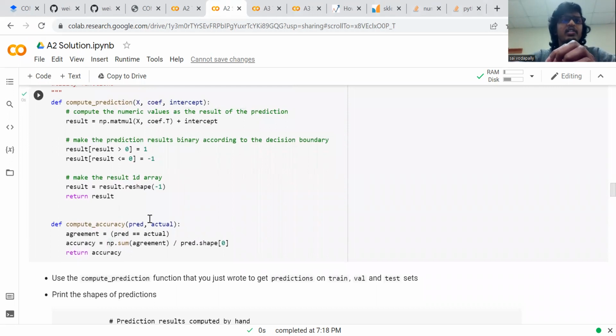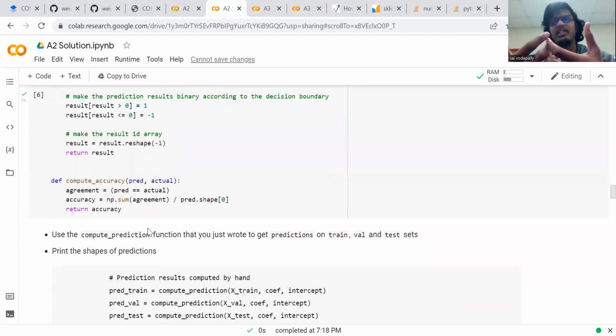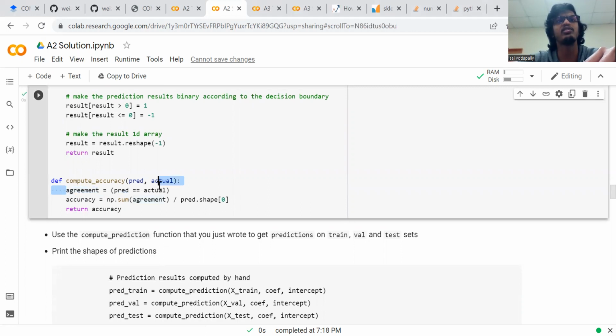Once you get the prediction value and the actual value, we're defining the function for accuracy here. Once we know the predictions and the actual values, how do you calculate the accuracy? You divide how well your program performed, your correct predictions, by your total samples. So we are storing agreement equals predict equals actual. Whenever the predicted value is equal to the actual value, it's added to the agreement. Then we sum up the total values in agreement and divide it by